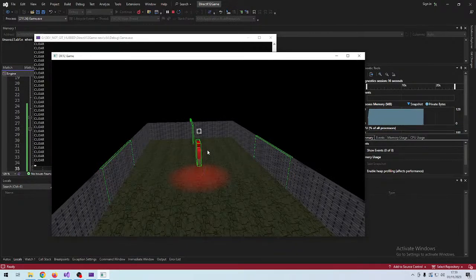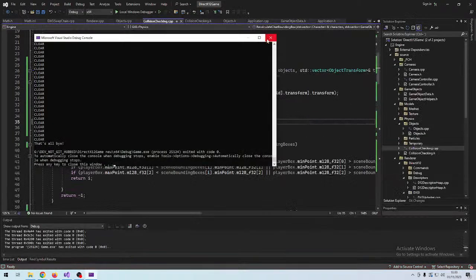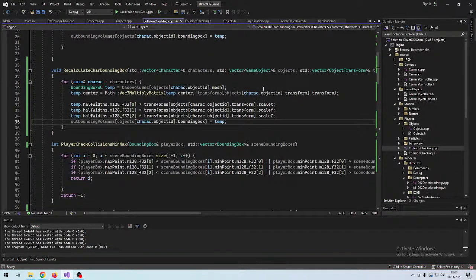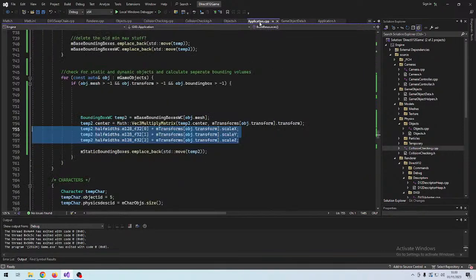I mean, it doesn't get rotated right, of course. Yeah. So yeah, I need to